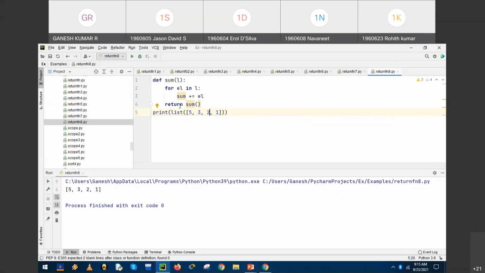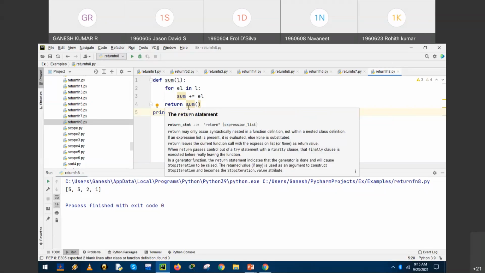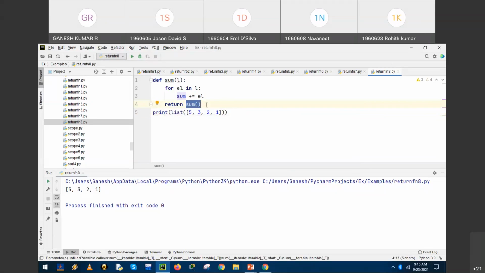So kindly go through the statement. Return instruction followed by an expression. Return sum. Okay, so return is followed by an expression. It should not be a function. The function is defined in the beginning. We apply the values, the inputs are provided, and we have to return the expression, not the function. So that is why it is displayed. Now run the program. After modifying the value, we have again got 5321.